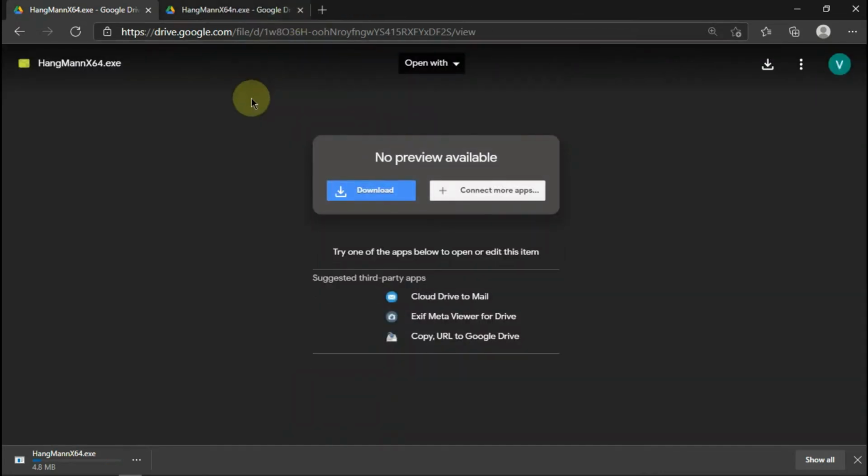Let me tell you that this installer is for admin users, and the second installer that we will be discussing in the second part of the video is for the non-admin user. Basically, the admin installer requires some permission before installing the game, and the permissions can only be given by an admin user. That is why it is called an admin installer. Vice versa, the non-admin installer does not require any permissions.